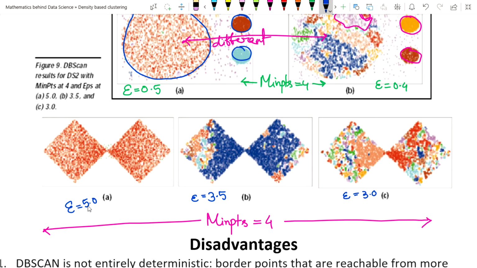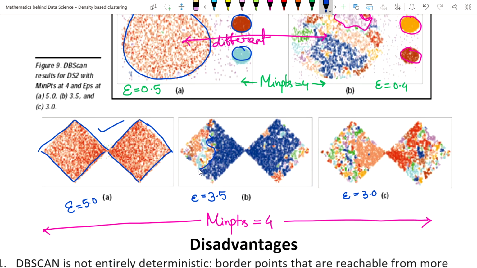Just a little bit of change in the epsilon hyperparameter value. Just see how dramatically the cluster has changed. So in the first case it is okay. You can easily say yes, it is a single cluster. In this visualization, it's okay, no problem. But here, with just a little bit of change of the hyperparameter epsilon value, just see how much it changes.